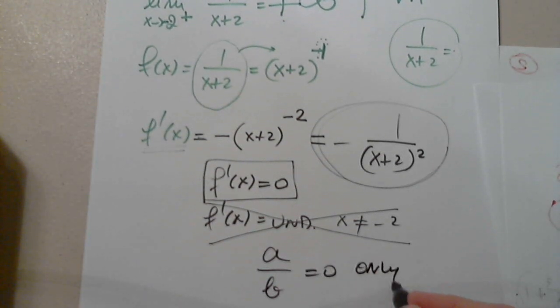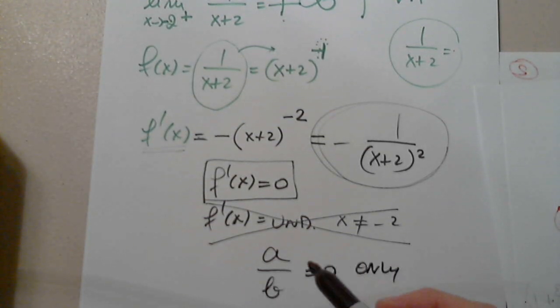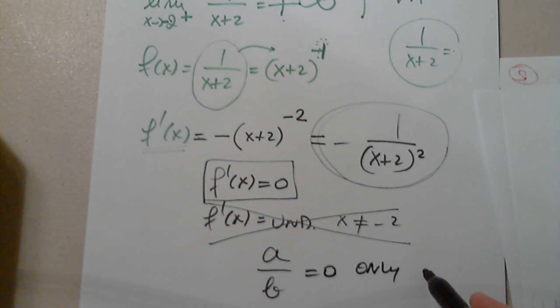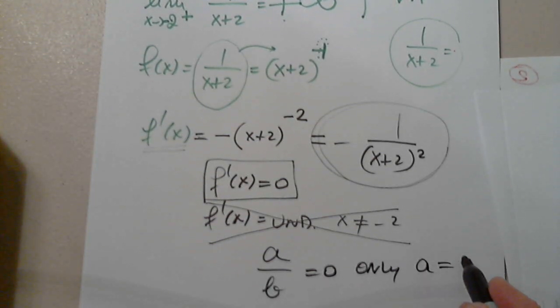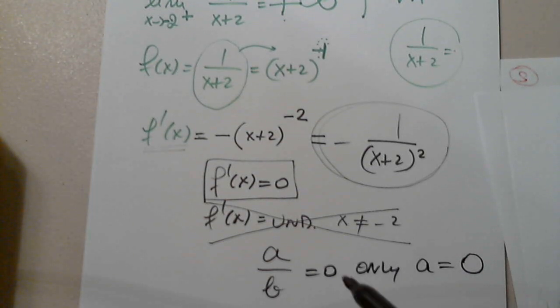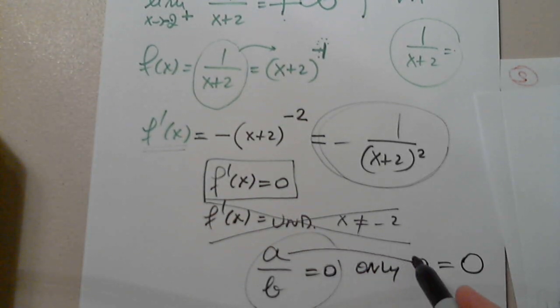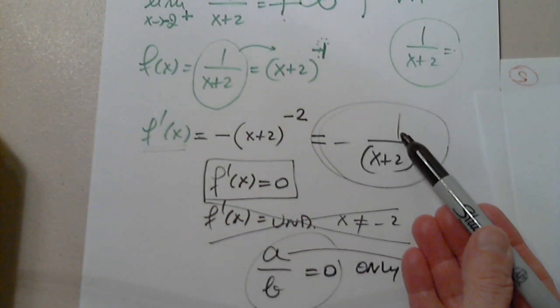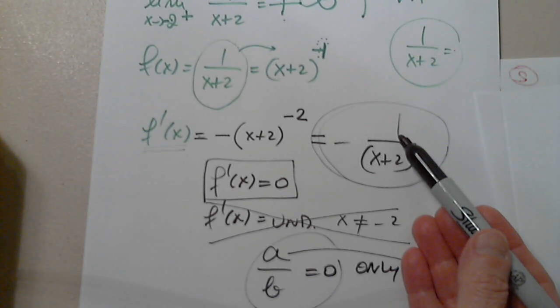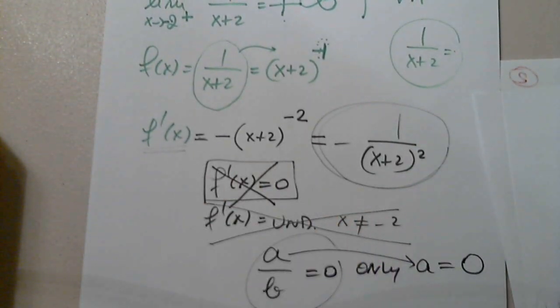Only 0 over a number is 0. So a fraction is 0 only if the numerator is 0. Can the numerator be 0? No. So this function